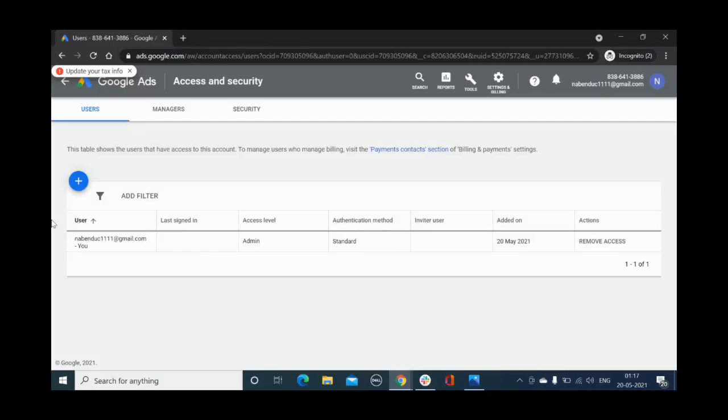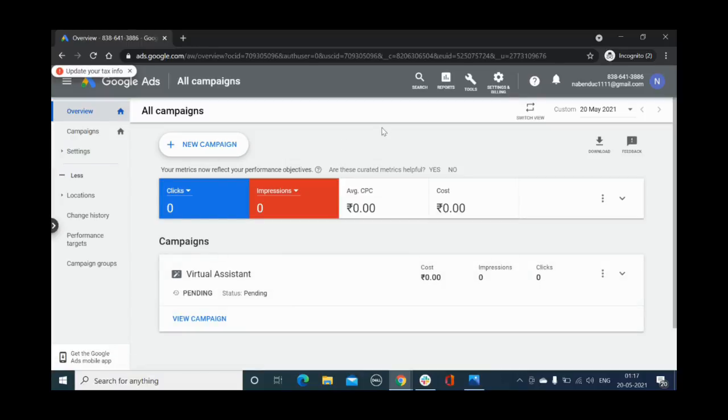I have added a payment method. Obviously, I'm not going to pay anything at the moment because I don't intend to run an ad. But once you add the payment method and you skip through the pages, you will come here. If you can see, this is how the Google Ads account looks like.